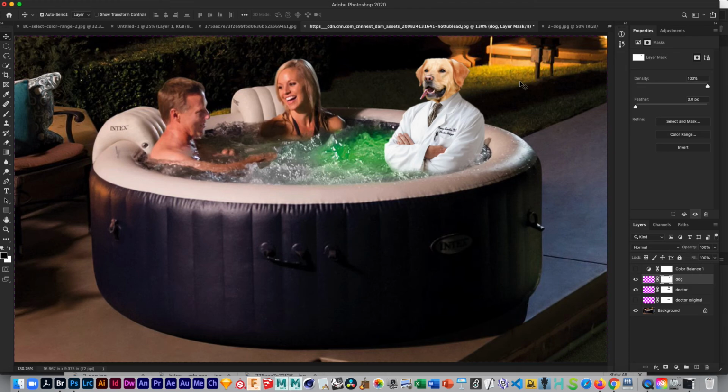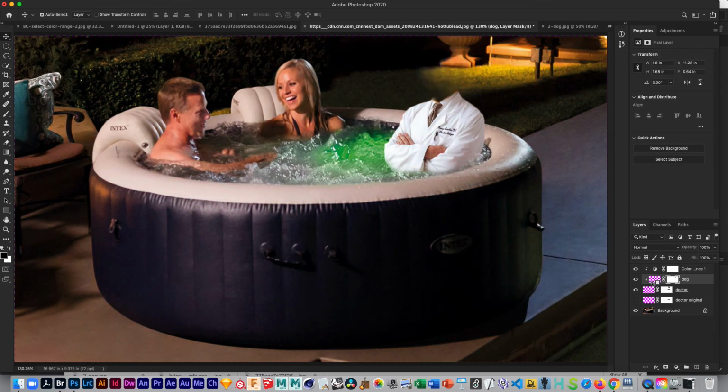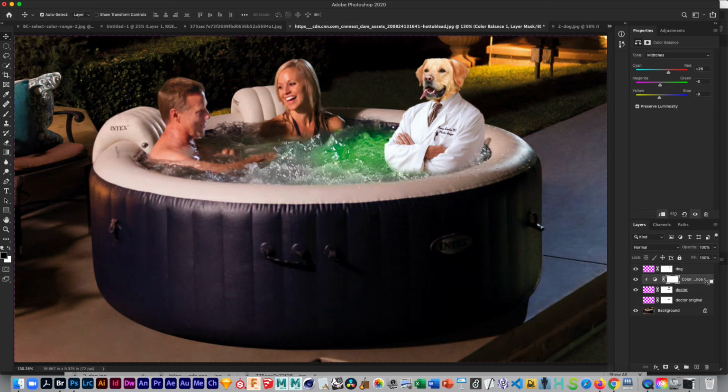Okay, so now he has dog head, and I'm going to apply this to the doctor figure here to try to make that match a little more. There you go. And let's, for one more thing, we'll do,